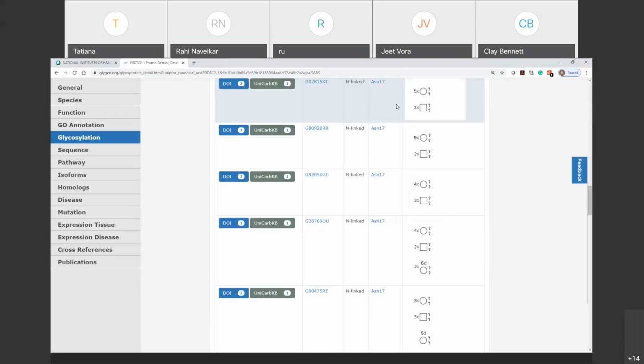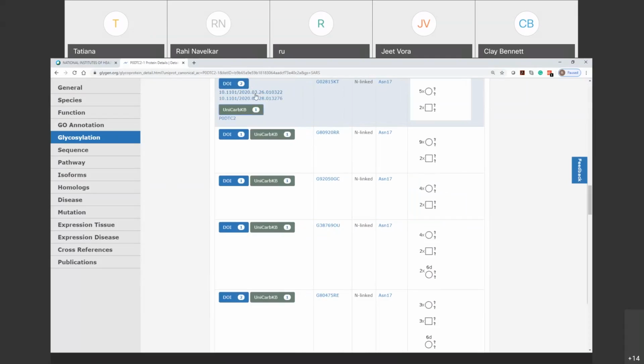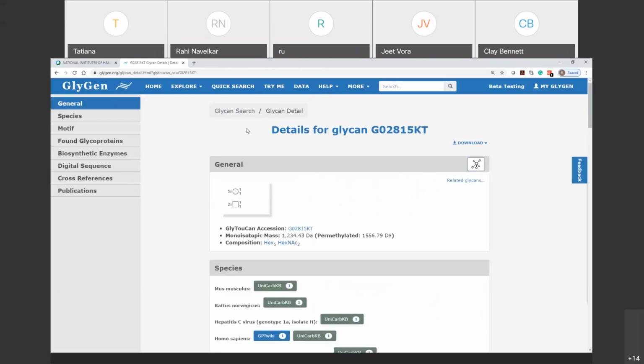Now, if you want to know more about where this information came from, you can use these evidence badges, which will take you to the publication section or the collaborator and understand the source of this information. Now, for example, if you want to explore more about this glycan, what you can do is from this table, click on this particular accession,